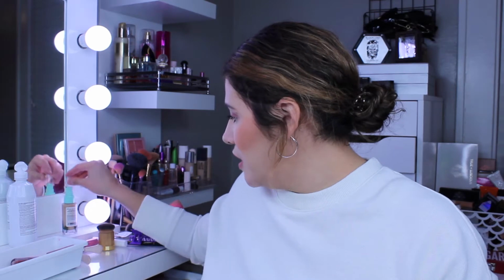Obviously you guys heard me talk about this. This is the Believe Beauty Foundation. It is $5 from Dollar Tree. It is so good, and with just 2 pumps I can do my whole entire face. And again, this is medium to full coverage, so I definitely want to bring this with me on my trip. And I think the other foundation, just in case,